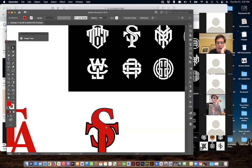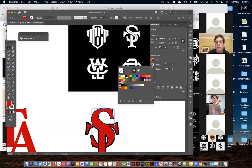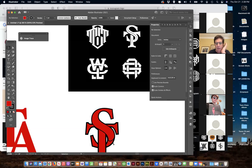Okay, so this shape, it's off a little bit, but as I'm grabbing it, I'm grabbing it wrong. Just going to move it in like that. You'll start to see those lines come out and it looks like one is on top of the other. Every time I grab it, I'm grabbing it wrong. You know what, give it a stroke. See, if I give it a stroke, I have to get rid of this down here, so I have to match it up, but I'm going to ignore that that's there. And you can see that S going on top of the